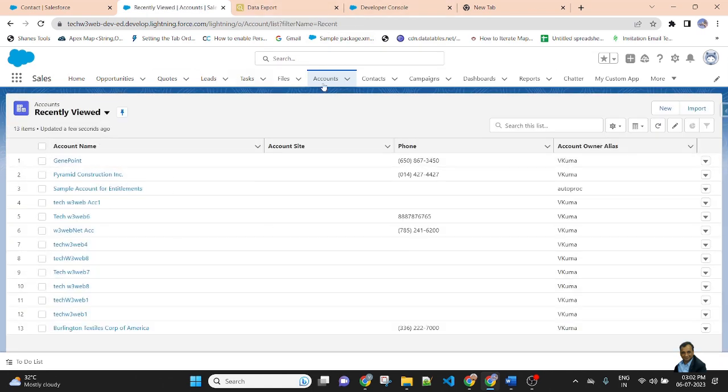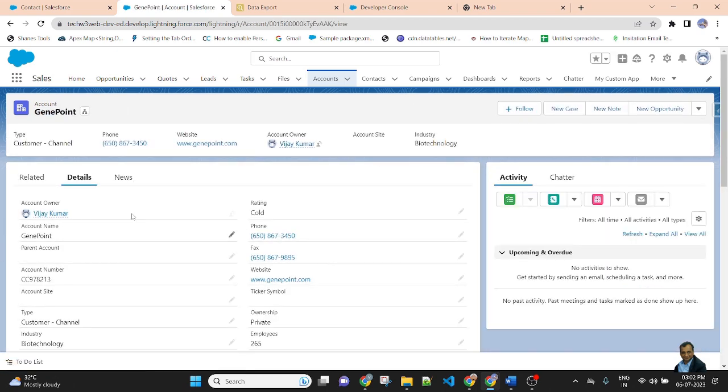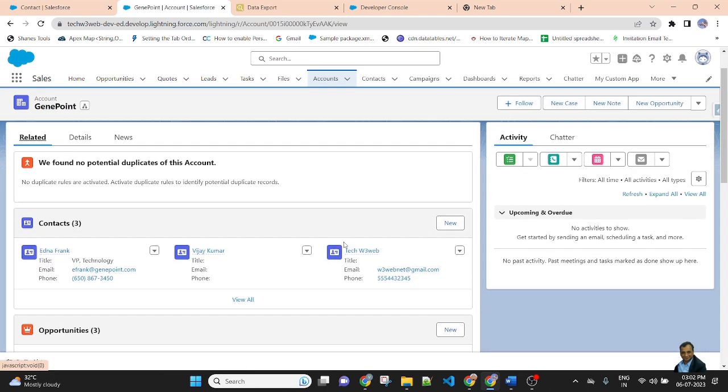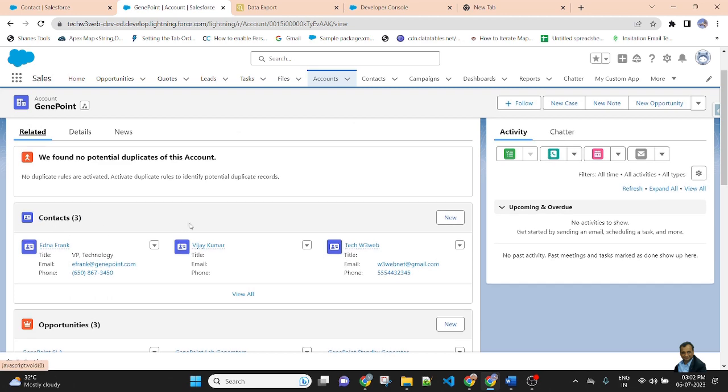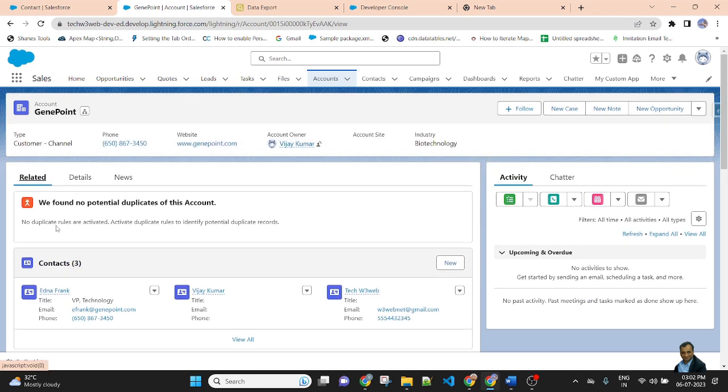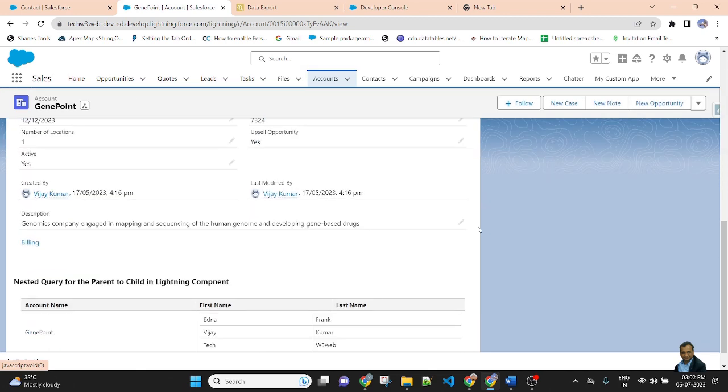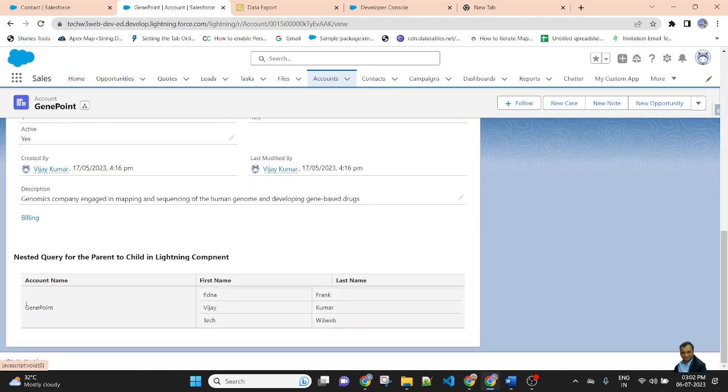If I am opening another account, I check the related list. Here you can see there are 3 contacts available related to this account. If you go to the detail page, here you can see the account name is Genpoint, and there are 3 contacts available.